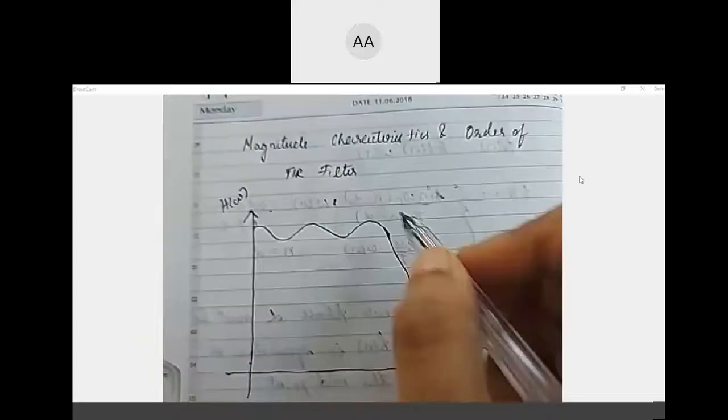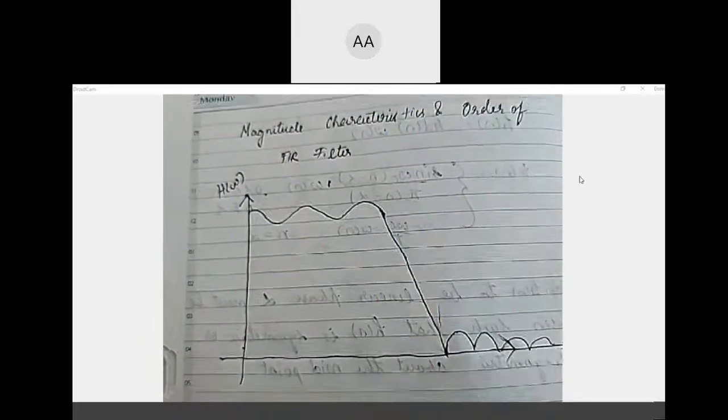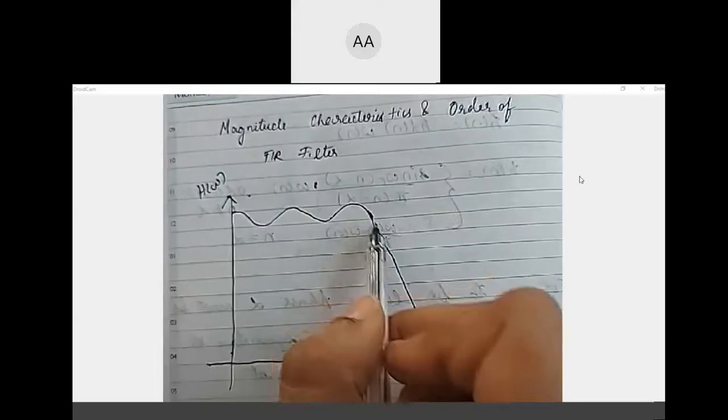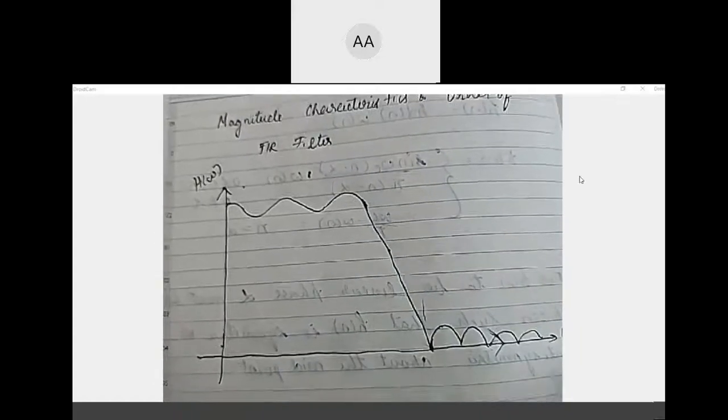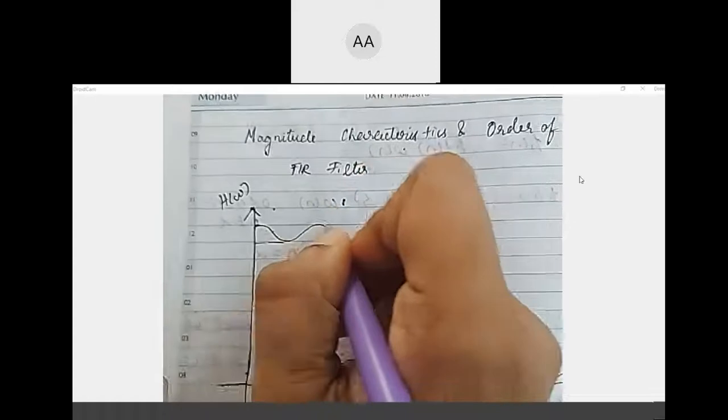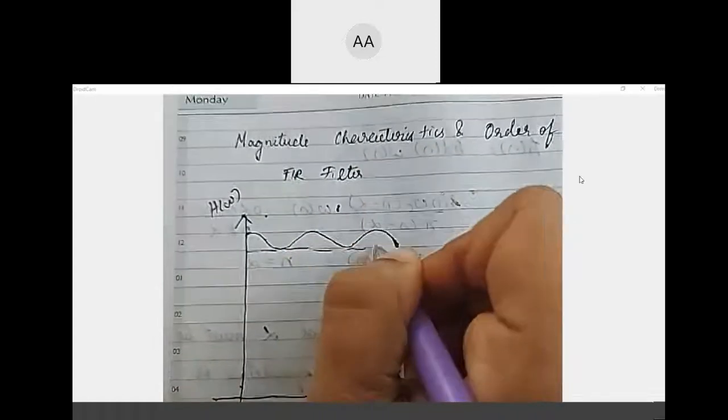So this is your filter's response. In general, it looks like this. Ideally what you wanted is a smooth transition. The low pass filter characteristic will look like this. But in real life, when you actually plot your filter, it is going to look something like this. These crests and troughs that you see are called the ripples.